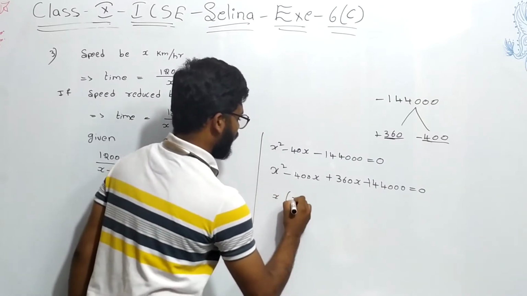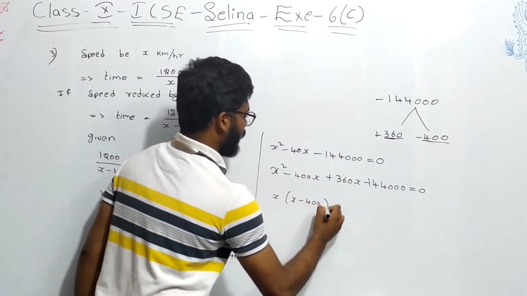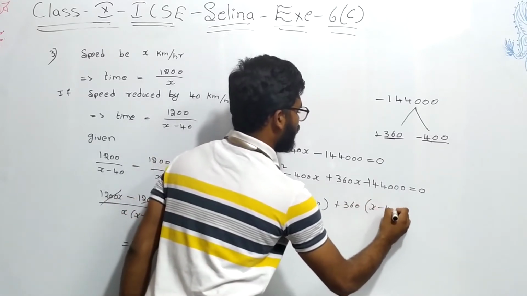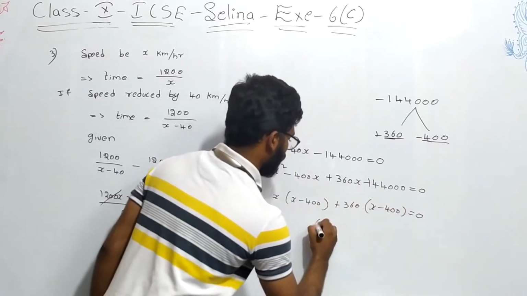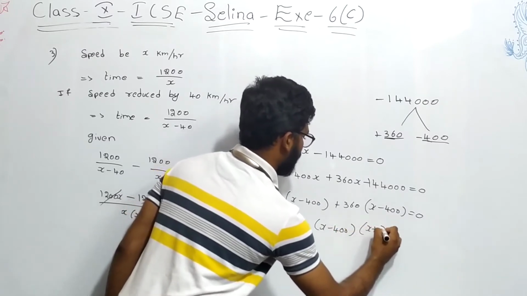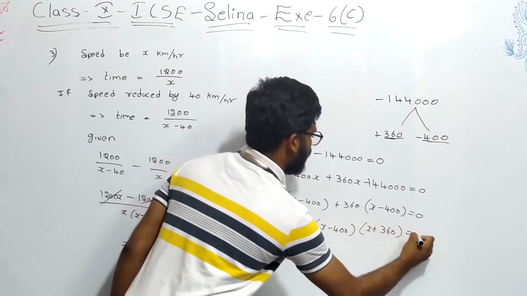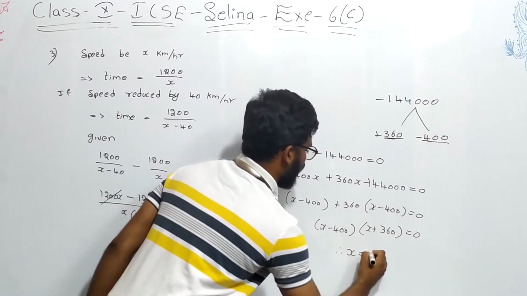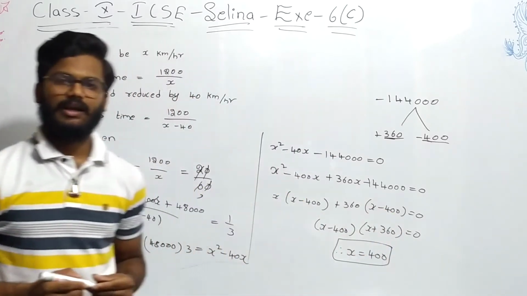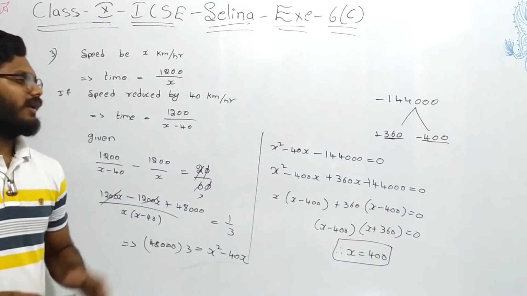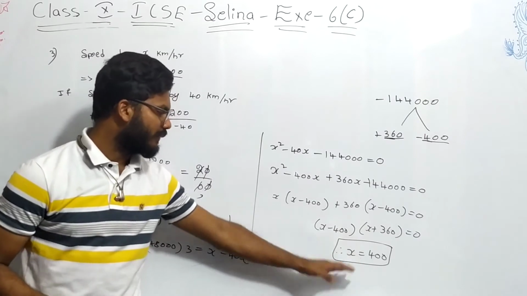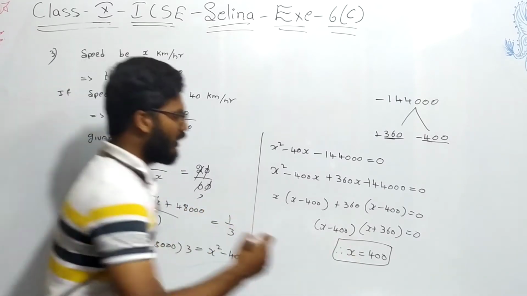So x into x minus 400 plus 360 into x minus 400 is equal to 0. So (x minus 400) into (x plus 360) is equal to 0. Therefore, x is equal to 400. Why? Because minus 360 will not work, and the speed won't be negative. So I am neglecting that. Therefore, the speed of the aeroplane is 400